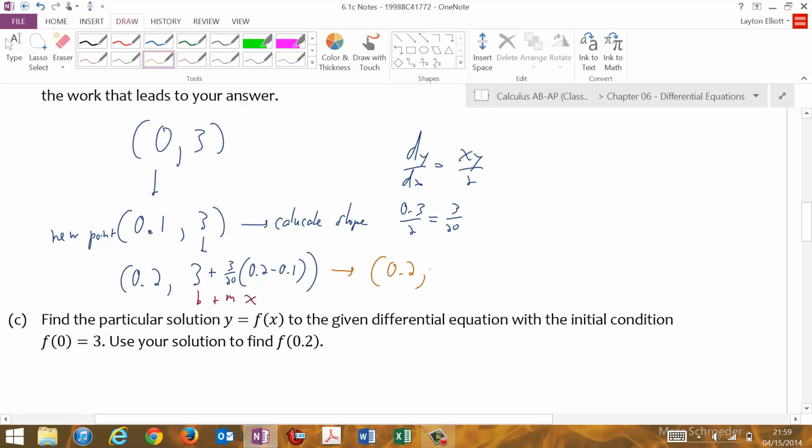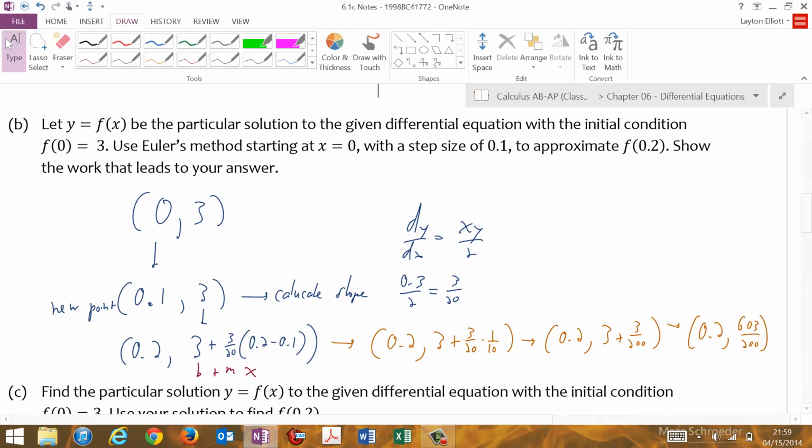Now, what I get is basically 3 plus, this is 3/20 times 1/10, or that gets me to 0.2 comma 3 plus, this is 3/200, or 0.2, 3 plus 3/200 is 603/200. So my approximation, if I kind of finish up, for f of 0.2 is